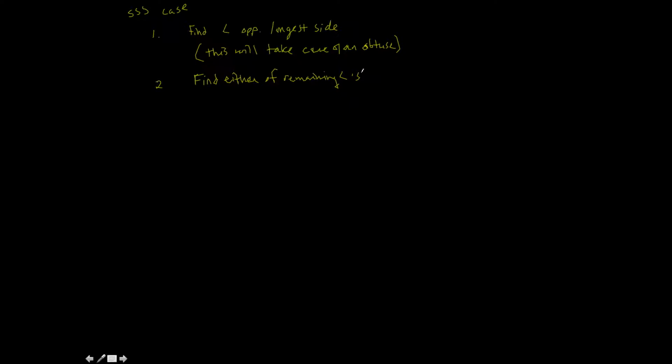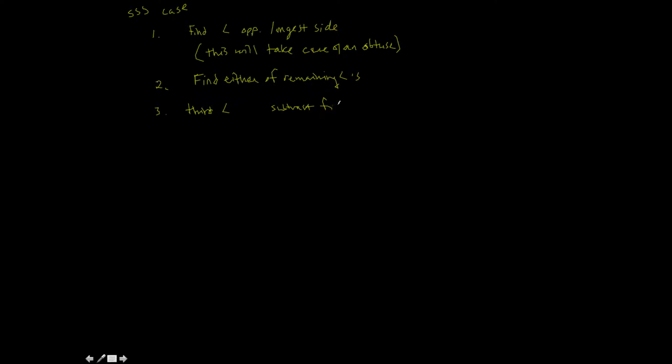Since a triangle can have no more than one obtuse angle, these are always going to be acute. So that's why it doesn't matter which one you find first. You'll be able to use the calculator to read it, just like we talked about in the last one. And last but not least, to find the third angle, we just subtract